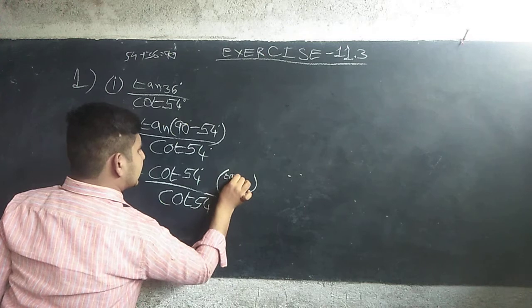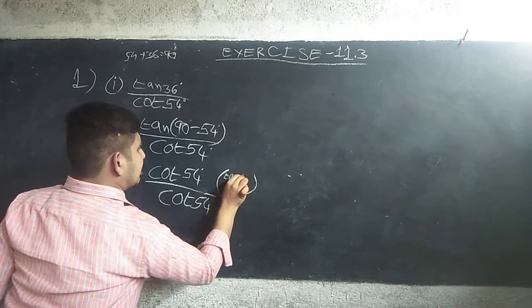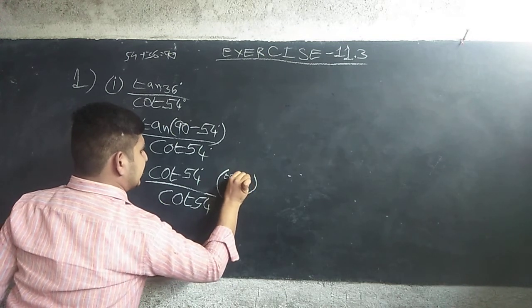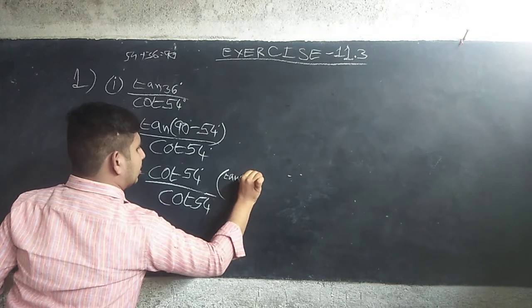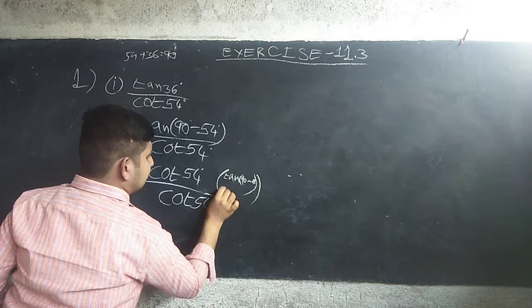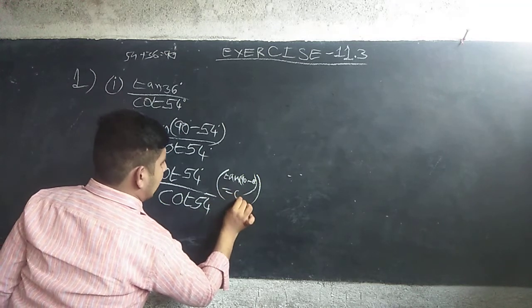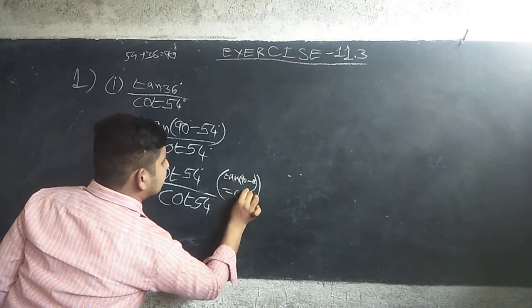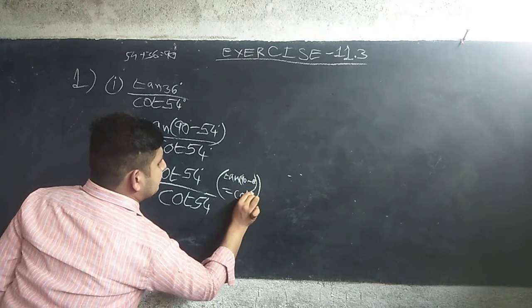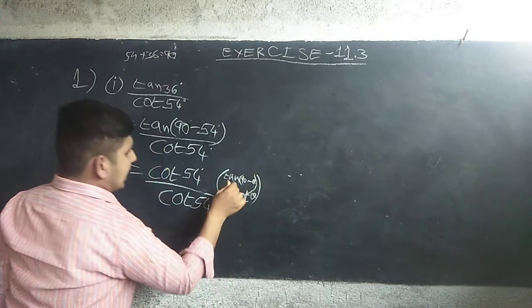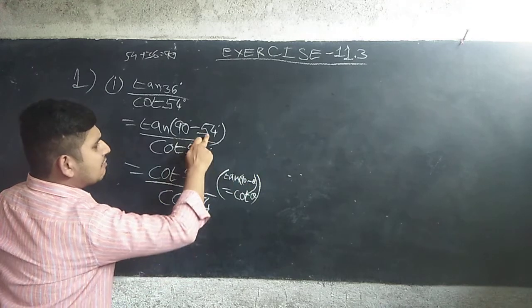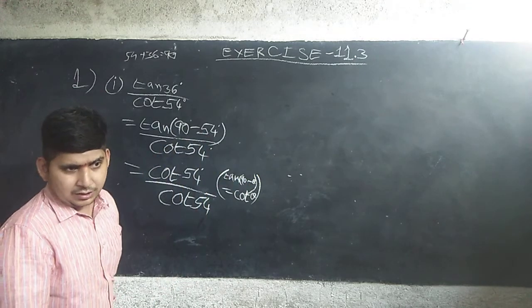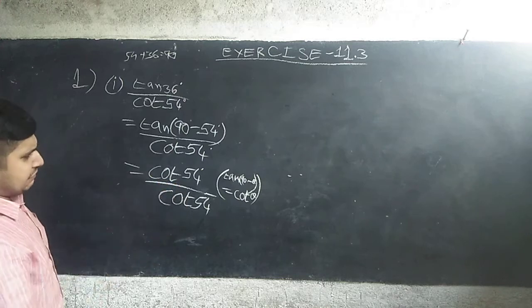Tan 90 minus theta equals cot theta. That is the formula which we are using in the given problem, and we have to write it here. Tan 90 minus theta equals cot theta. Means what is the value of theta? 54 degrees. Now cot 54 by cot 54